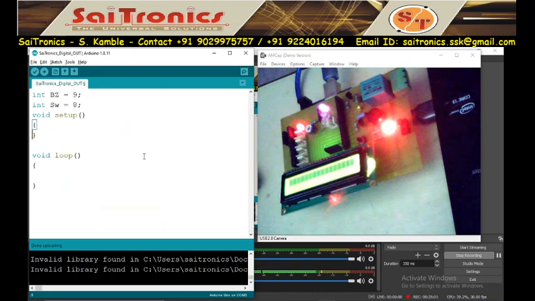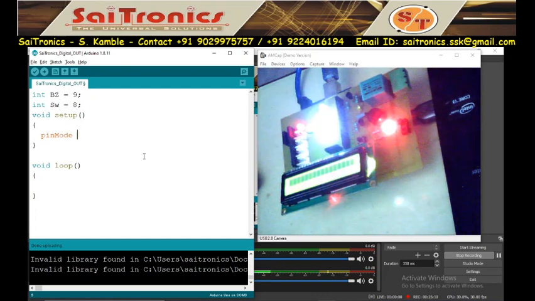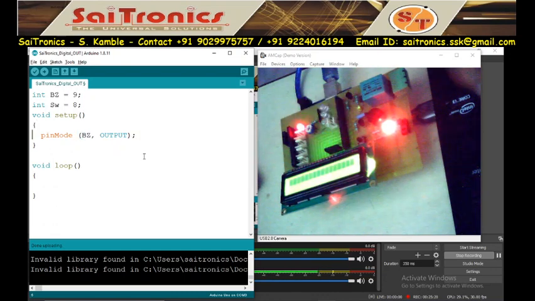In setup we have to write down which is an input and which is an output. So I will write pinMode buzzer as output, and pinMode switch as input.